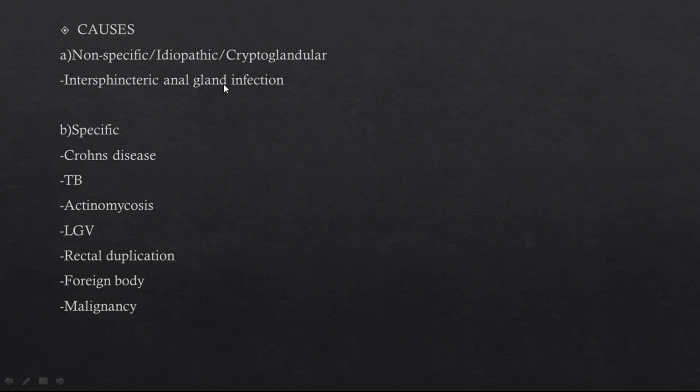See, intersphincteric anal gland infection, till now no one has known how the anal gland infection occurs, but usually